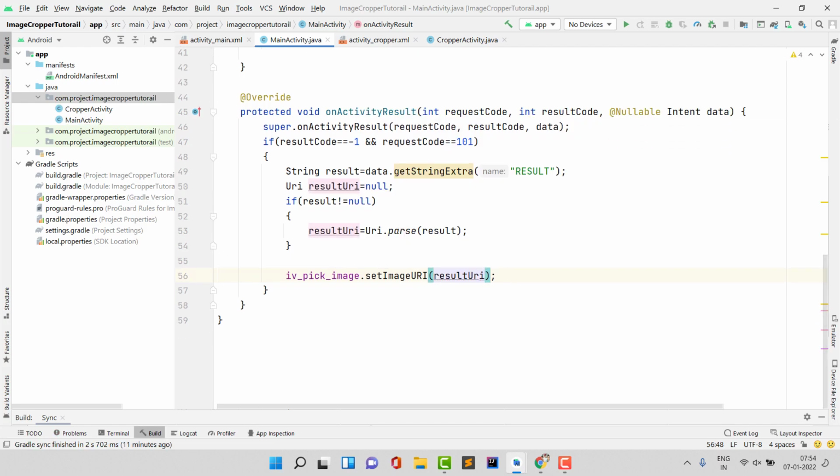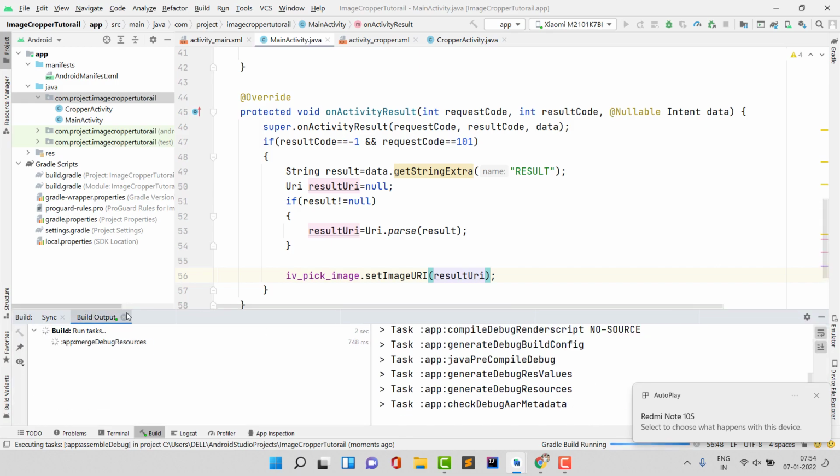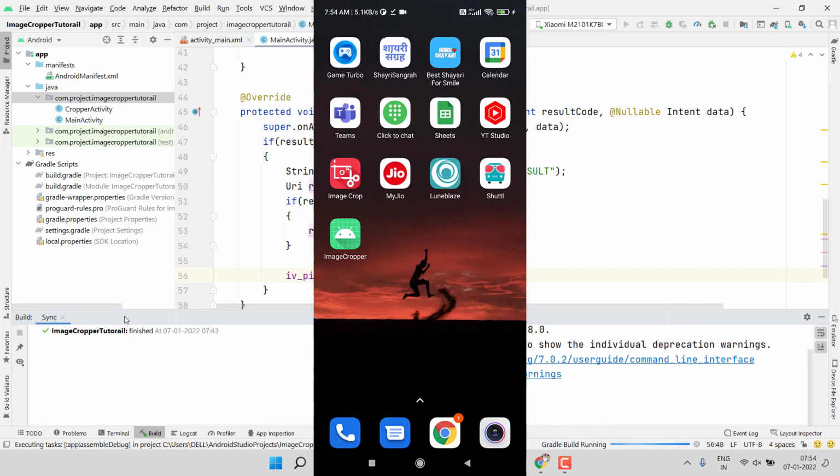So finally, our application is ready, and now it's time to check our app whether it is working or not. If it is working fine, then we will end this video, and if there is some error present, then we will solve that error. For this I have to connect my phone, and then we will press the run button. I press the run button and it starts building. The application build is successful, and it is going to install the application on our phone.